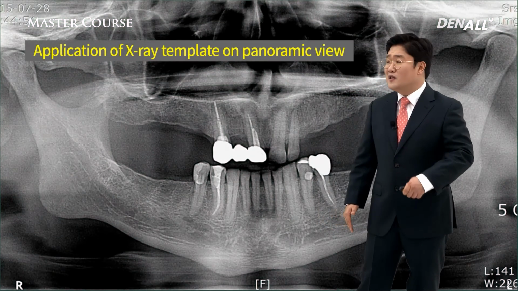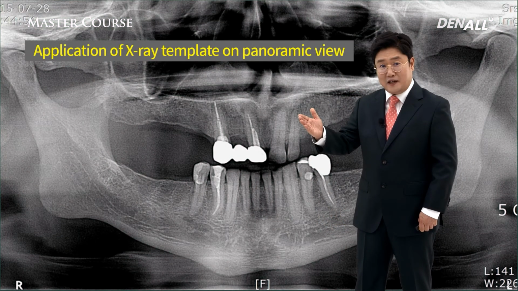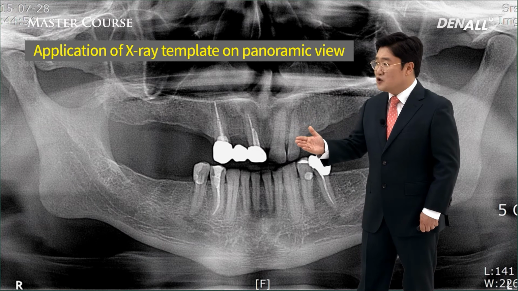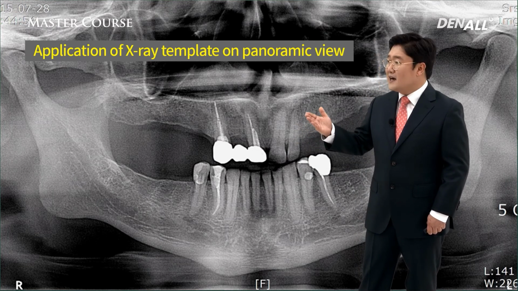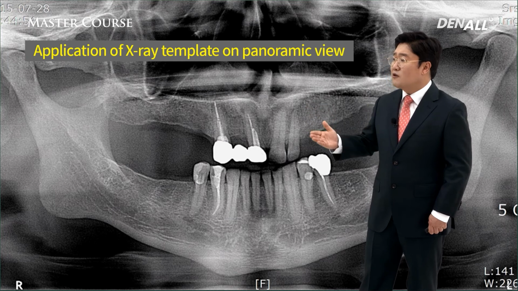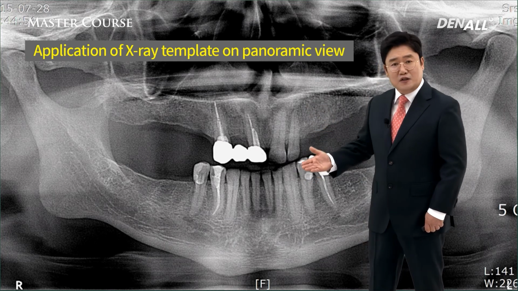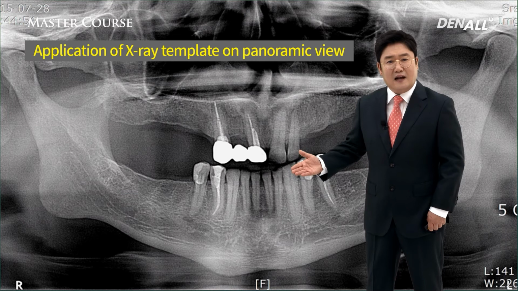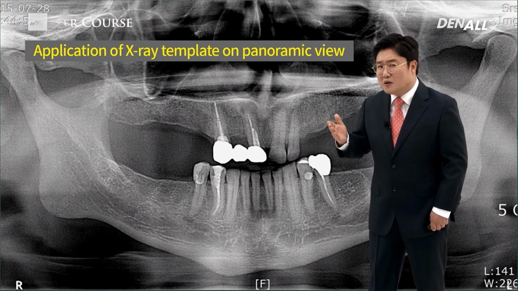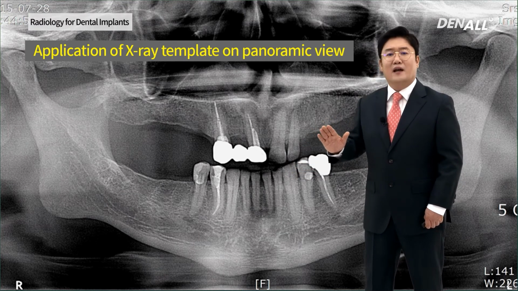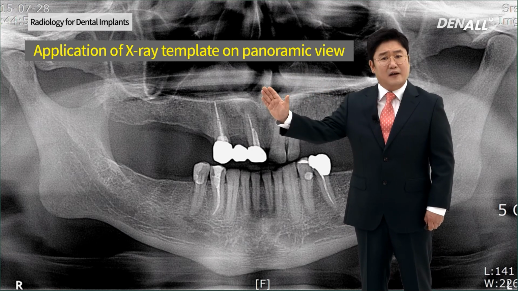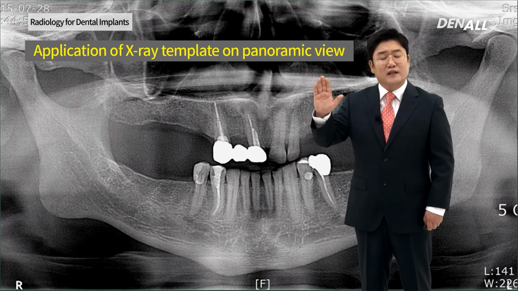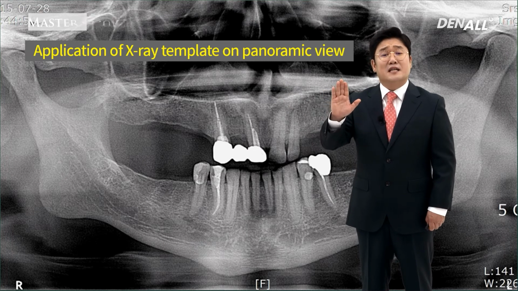How can we use such X-ray templates? Implant surgery is planned for this patient in this case. In the upper posterior and lower posterior regions, implants will be placed bilaterally. What process did we take in the past? The first thing we had to do was to take panorama pictures because panorama pictures were the basis of all